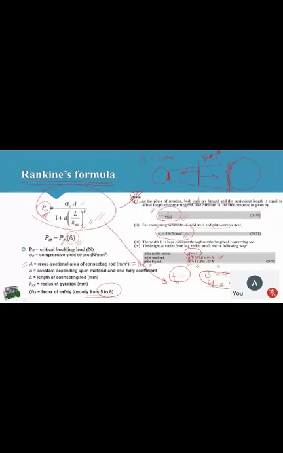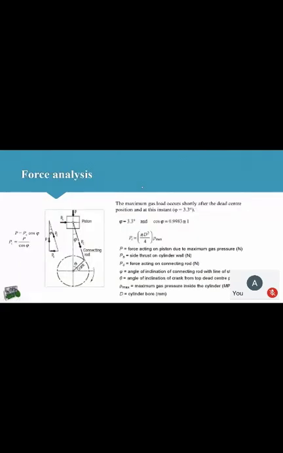So we determined, because of this justification, that PC is P by cos phi, but phi is very small. So for a small angle, we take cos phi as almost 1. That is why we proved that the force induced in the connecting rod is almost the same as that produced by the maximum gas force. So PC is equal to pi by 4 d square into P max. Correct.